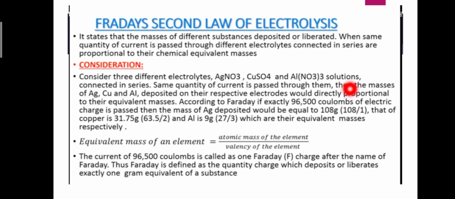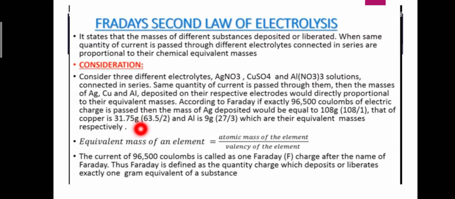So 108 is divided by 1 because silver carries 1 positive charge, while the atomic mass of copper is 63.5, but the valency of copper is 2 and copper carries positive 2 charge. So the equivalent mass of copper is equal to 63.5 divided by 2, which is equal to